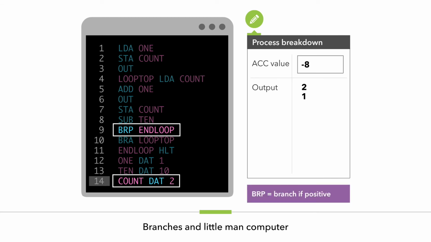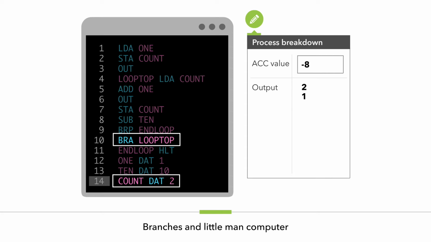BRP is branch if positive. If it is, we'll jump to the label end loop, but because we're on -8, we move to the next instruction, which is the unconditional branch, and will jump us back to this label. And then we keep going, so we load count into the ACC, add 1, output, and then store the value in count. Subtract 10, and then the branches. We're still negative,